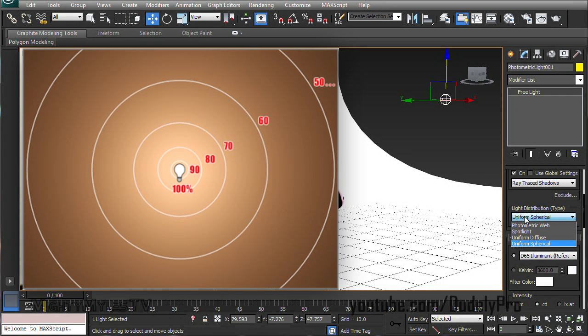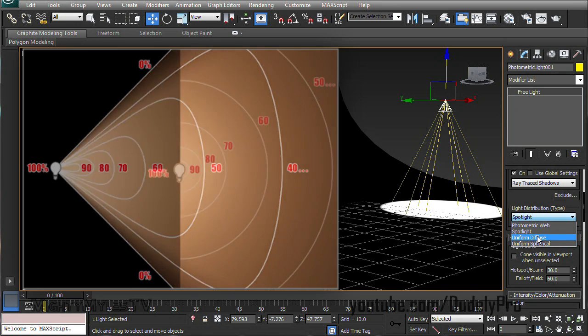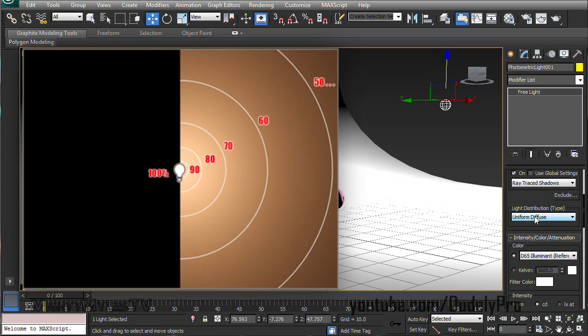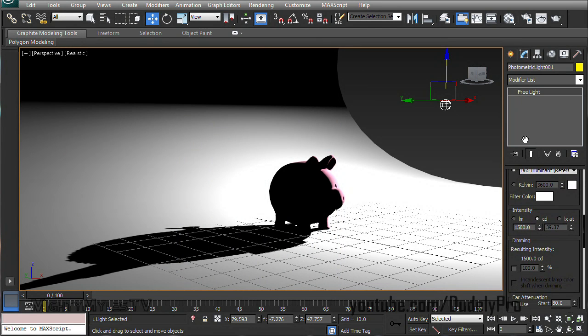We also have other distribution types like spotlight, which gives you, guess what, a spotlight type falloff for your light. Or what I'm going to use is uniform diffuse, which sort of works the same way as uniform spherical, but it only emits from one side. Good. Let's move down a little farther